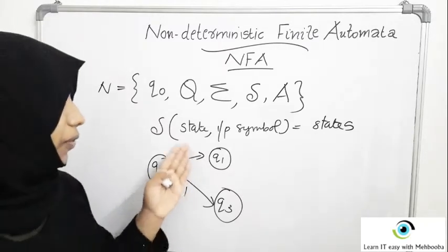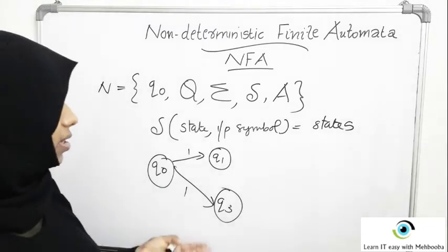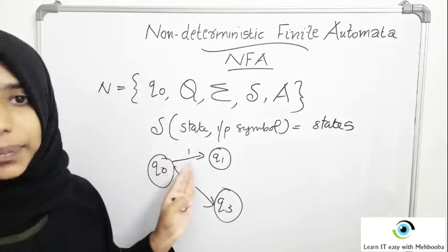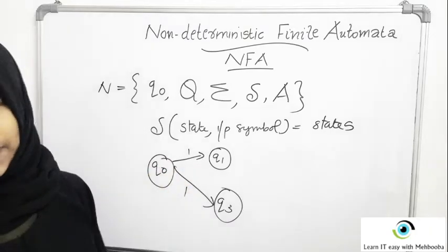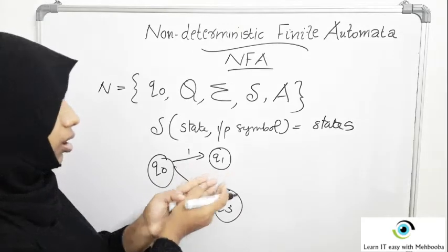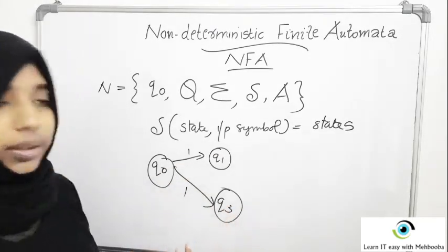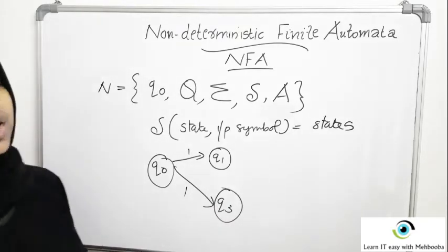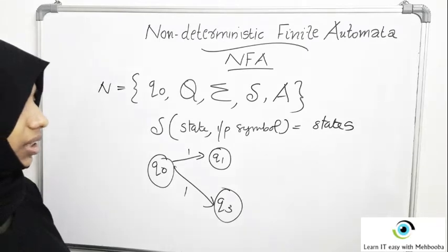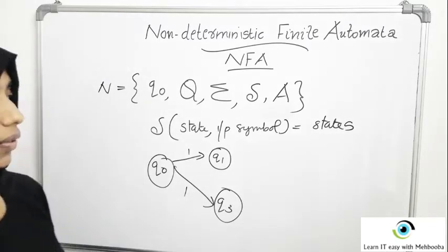On one input from a single state a DFA can go to only a single state, but in case of NFA, from the same state on the same input symbol it can go to multiple states. Talking in other words, at this point it can be both in Q1 and Q3. So that is NFA. It actually provides you with some flexibility in the design, so that designing an automaton will be a bit easy for you.